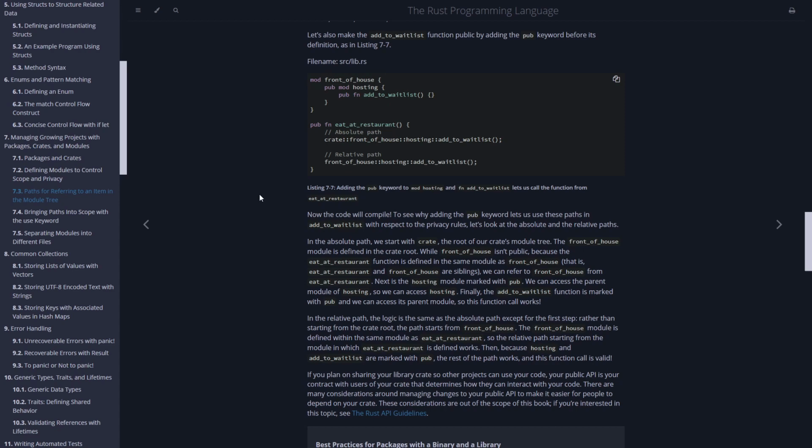In the relative path, the logic is the same as the absolute path, except for the first step. Rather than starting from the crate root, the path starts from front of house. The front of house module is defined within the same module as eat at restaurant. So the relative path starting from the module in which eat at restaurant is defined works. Then because hosting and add to waitlist are marked with the pub, the rest of the path works, and this